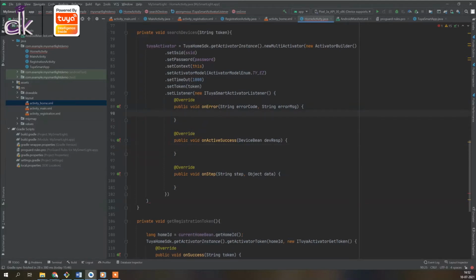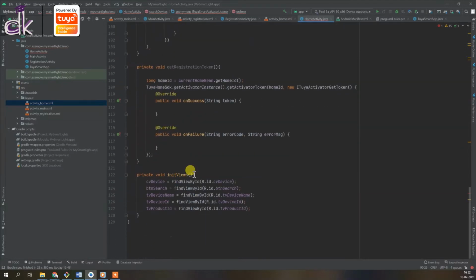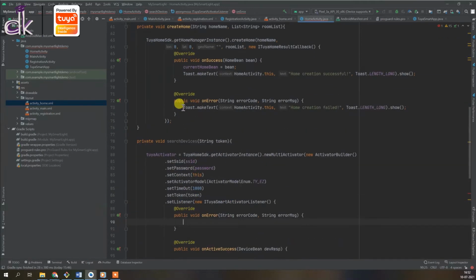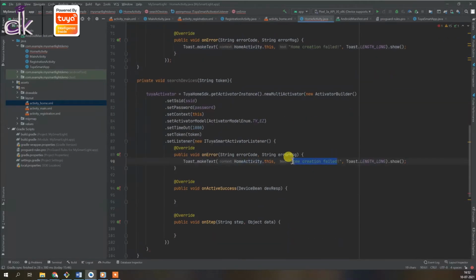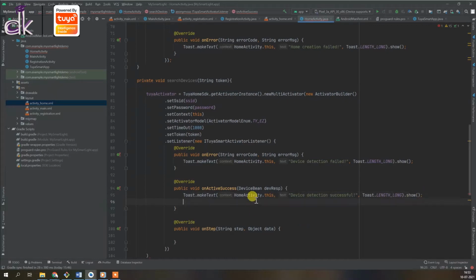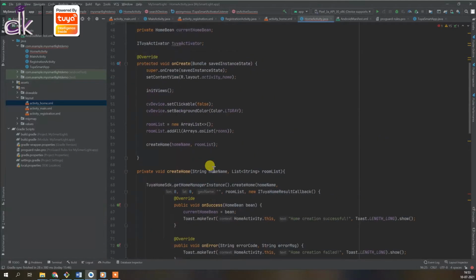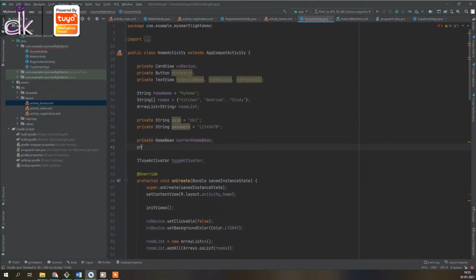All right, and here you can add in a toast. There's a failure. Device detection successful, and let's actually create our device bean as well, a local variable.